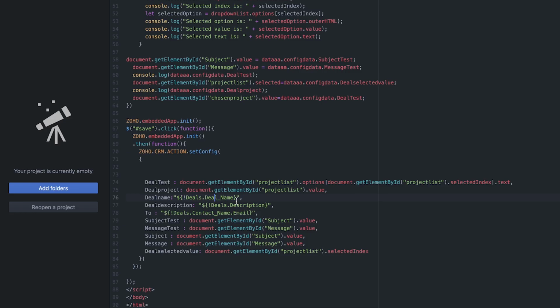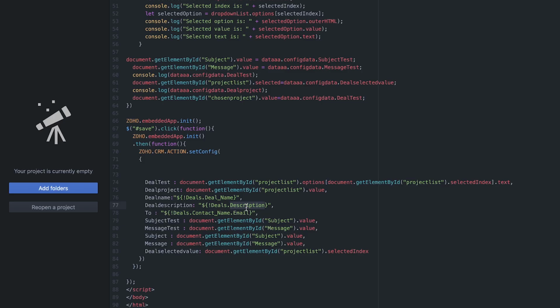When you use this, the name of the deal that is currently being executed will be taken so that it can be used to create a task with the same name in Projects. Similarly, I need the deal description as well to use as the task description. And this is for the task that is going to be created in Projects.